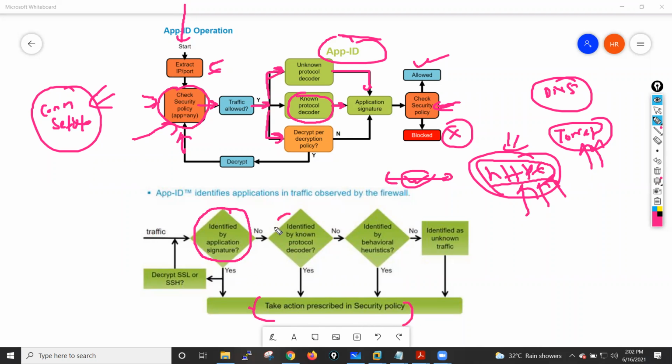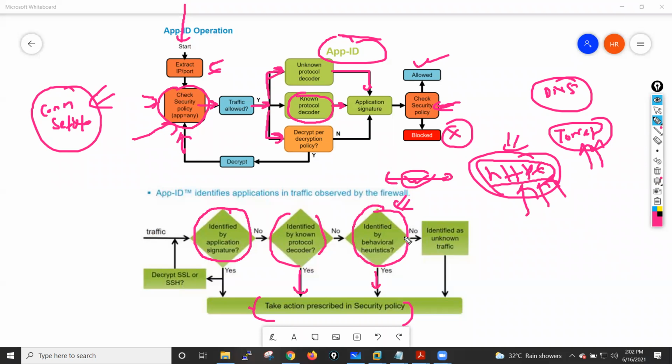If not, then it will match the traffic against the known protocol decoders. If App-ID happens, then it will take the action according to the security policy. If it's not a known protocol, it will do the heuristic checks, which means it will guess the application using some kind of uncertainty factors to identify the application.